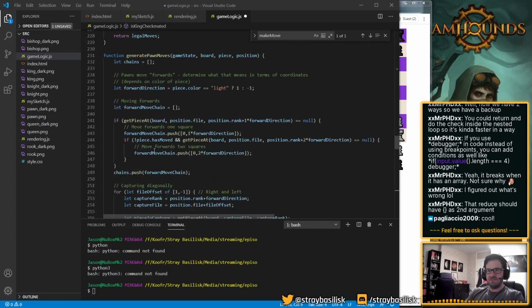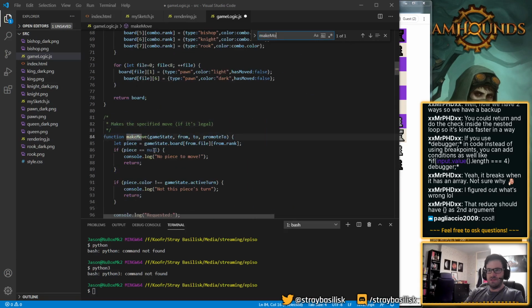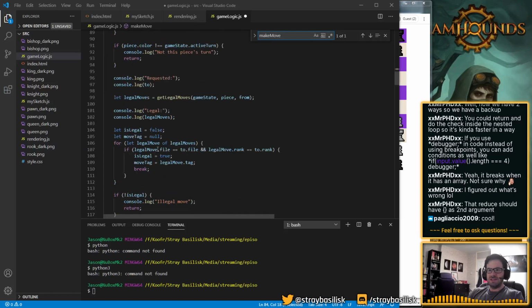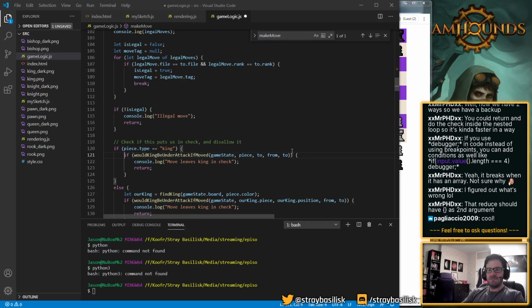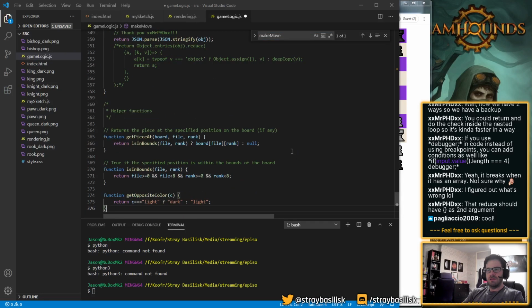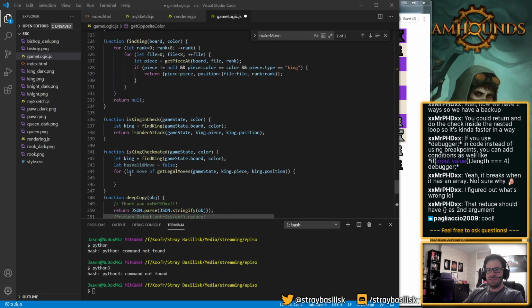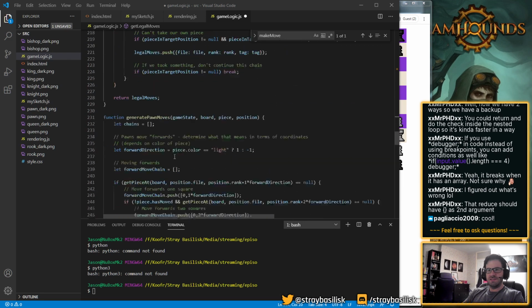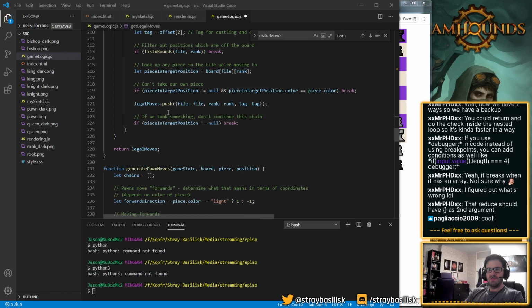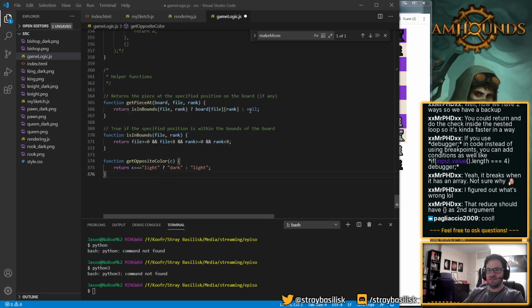Like checking if, kind of the same thing we did here actually. Right, so we've sort of enumerated the potentially legal moves here. What does this actually return? Moves. File, rank, attack. Okay, that's fine.